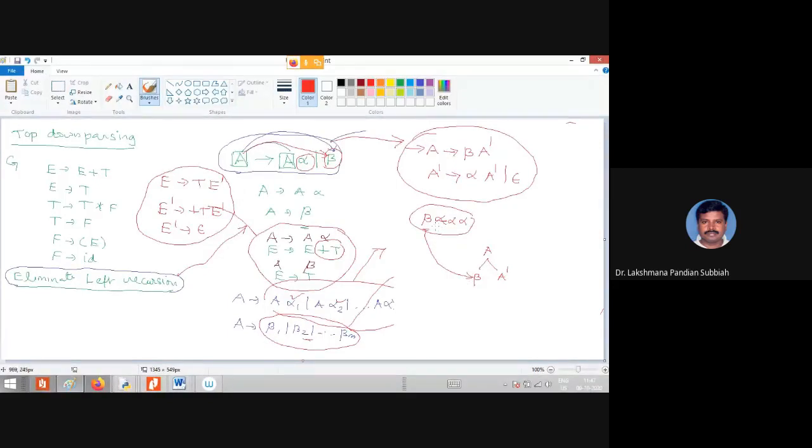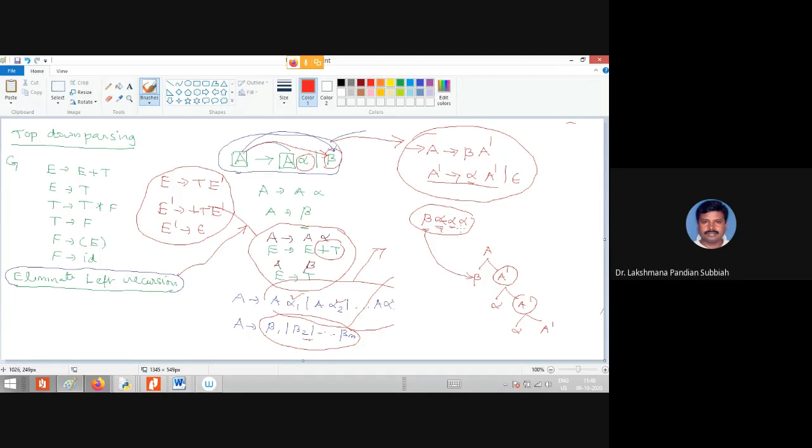Next we need alpha. What we have is A dash. Which one matches? This one matches, so we can use A dash derives alpha A dash. Now we are generating the next alpha. Next also we have alpha, and here we have A dash, so we can use that rule once again and directly get alpha A dash.